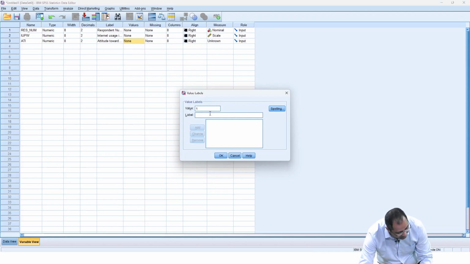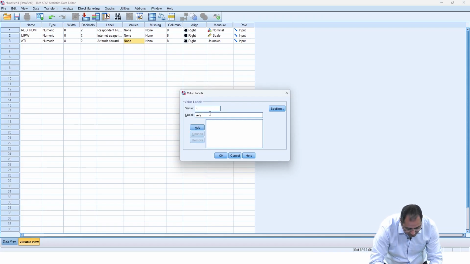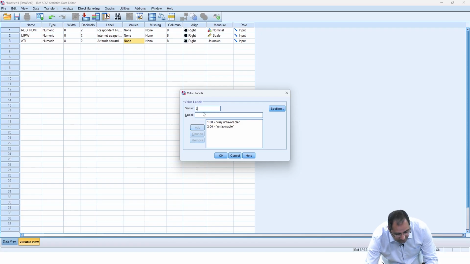Value number 1 is very unfavorable. Value 2 is, value 3 is, value 4 is